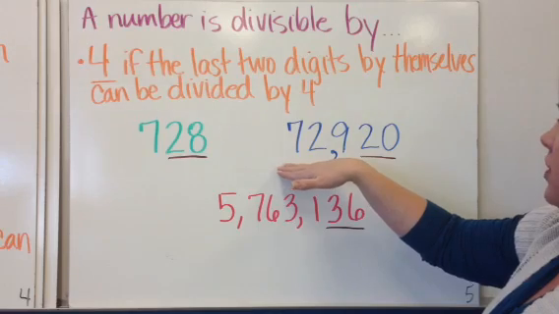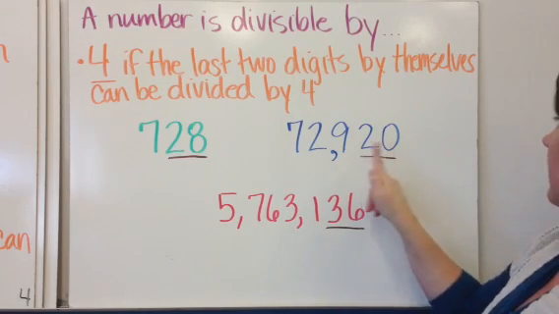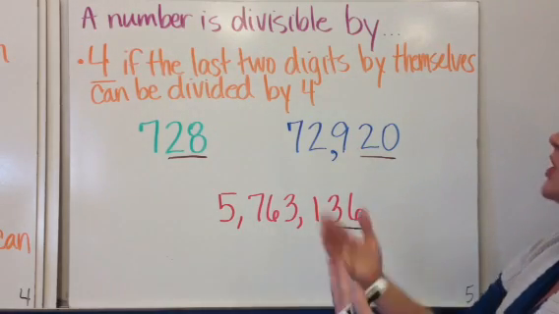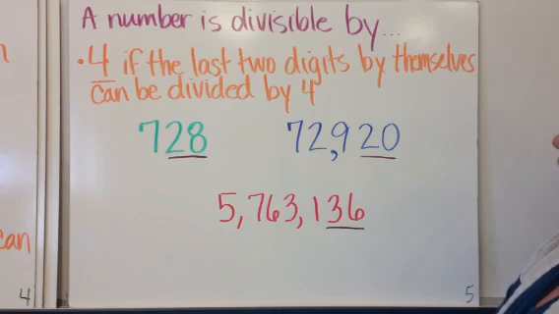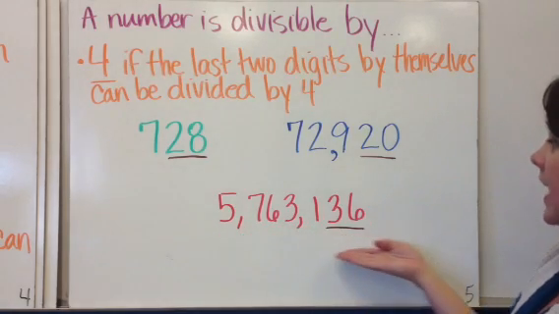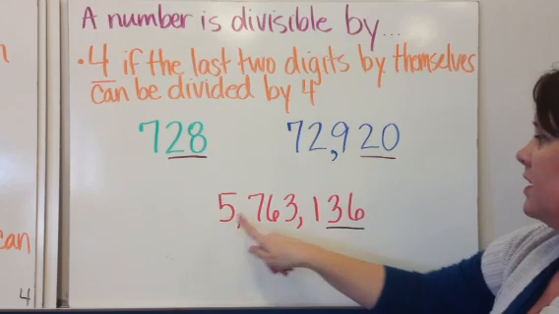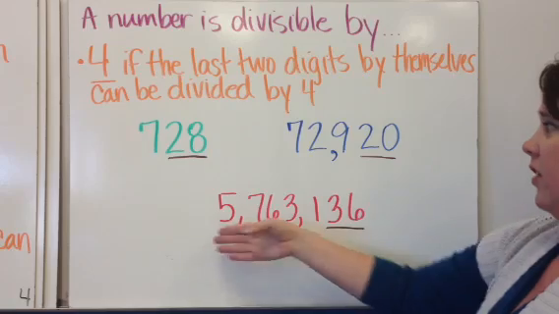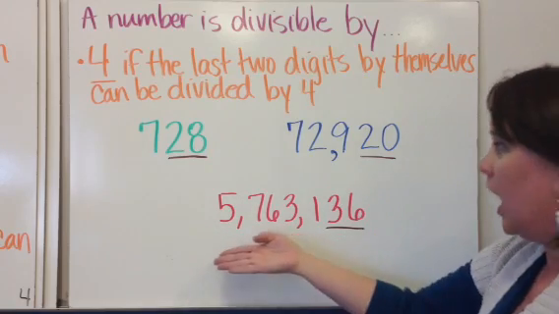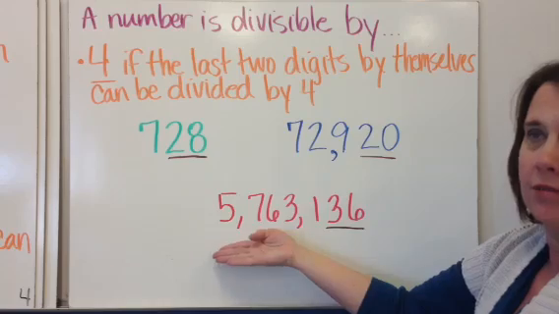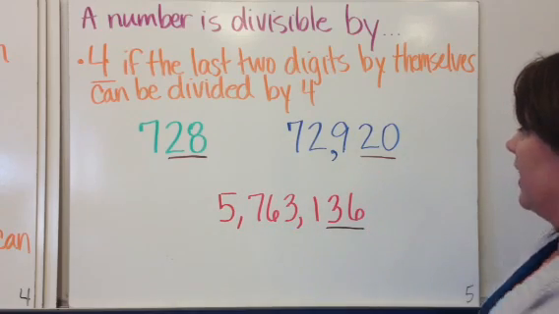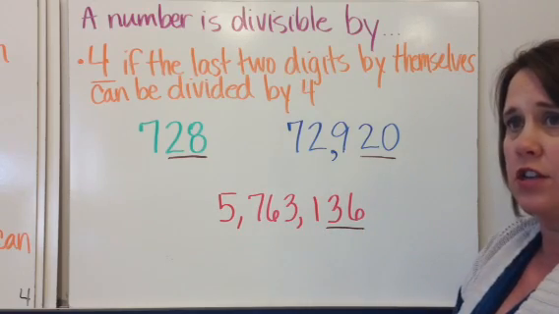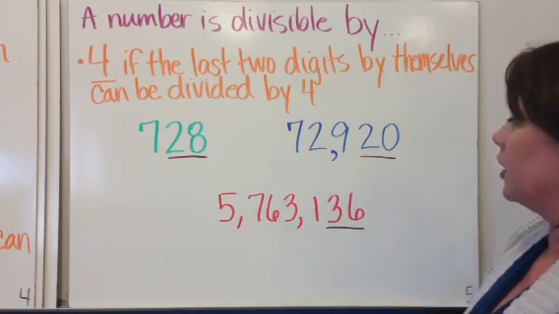How about 72,920? Look at the last 2 digits. Does 4 go into 20? Yes. So 4 goes into 72,920. And look at this gigantic number, 5,763,136. Does 4 go into that? Gosh, I don't want to have to work it to find out, but I don't have to. Look at the last 2 digits, 36. If 4 goes into 36, and it does, then 4 goes into